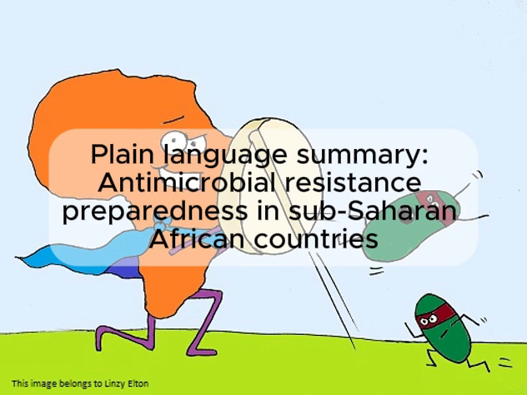This report predicts that if we carry on using antibiotics the way we are now, then it's likely that by 2050, there are going to be around 10 million deaths a year from untreatable infections, so infections that no longer respond to antimicrobials. The report also suggests that the overwhelming majority of these deaths are likely to occur in low and middle income countries.